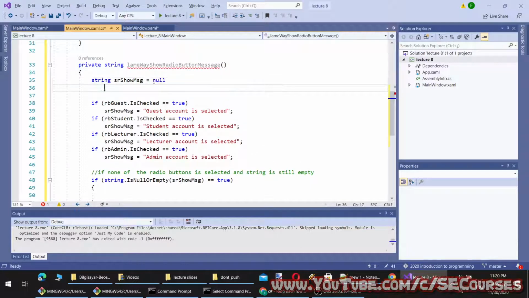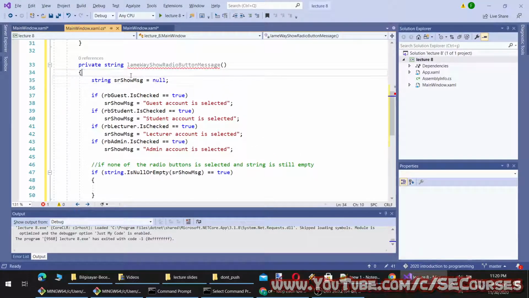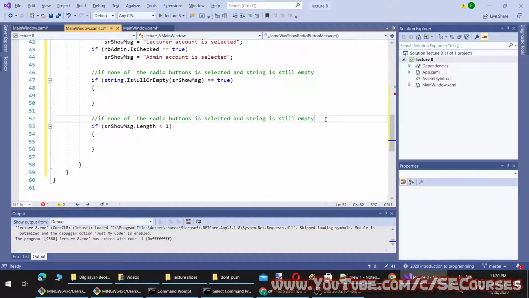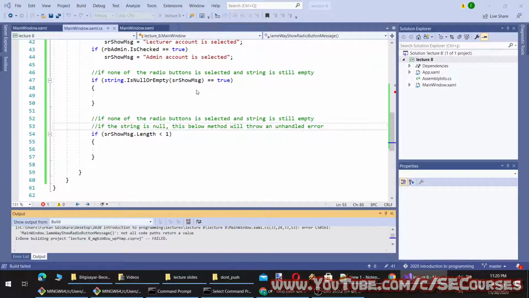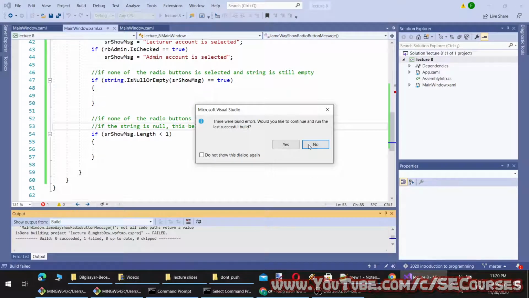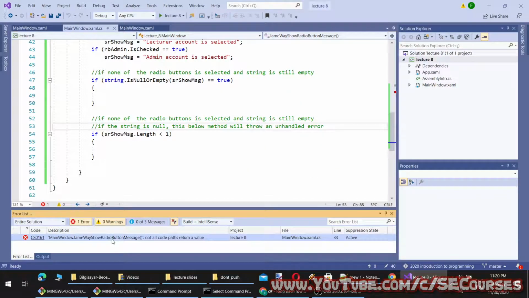However, there is a crucial difference. Let's say if this is null, okay. If this is null, this will throw you an error. If the string is null, this below method will throw an unhandled error. Let me show you. Okay, we have one.